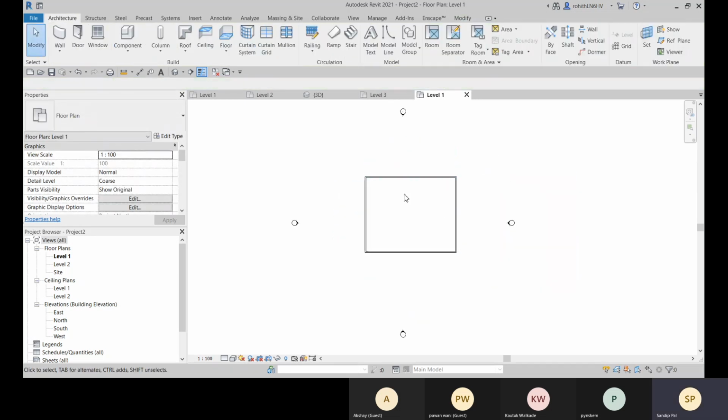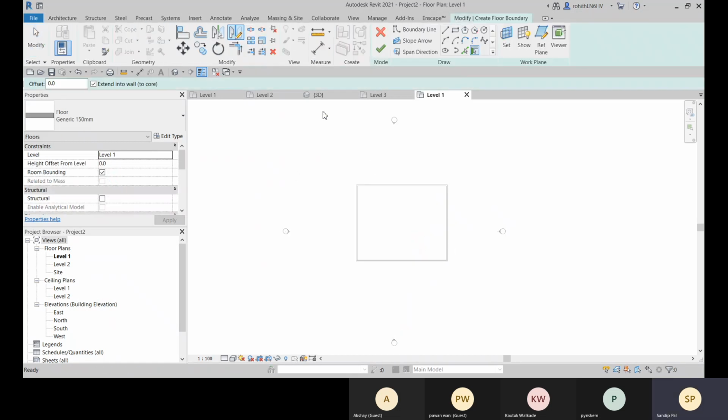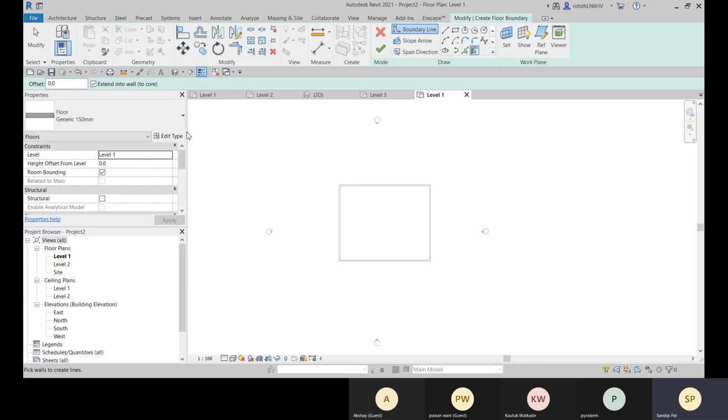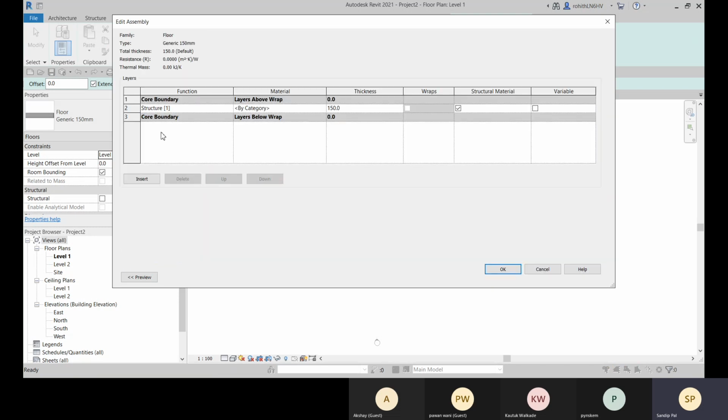All right. So here it is placed at level 1. And we will create a floor, the bottom of our level 1. Here we can choose the floor type. So floor is also a system family, like a wall, and we can define all these layers also for the floor. So all the same layers are available here.